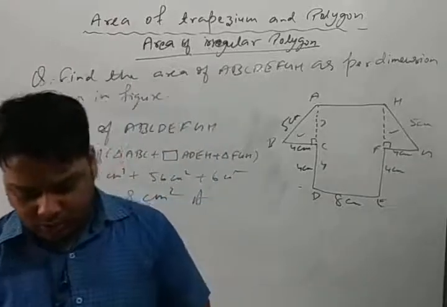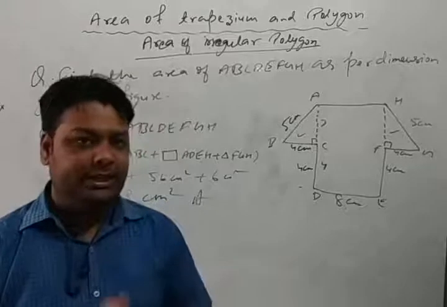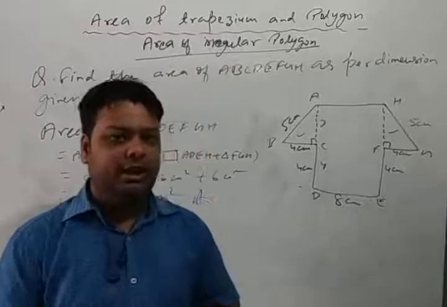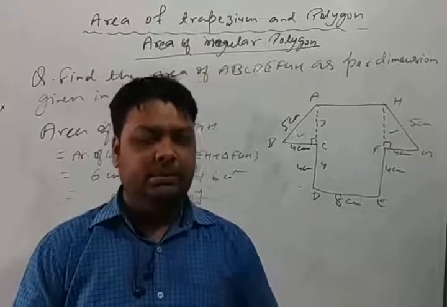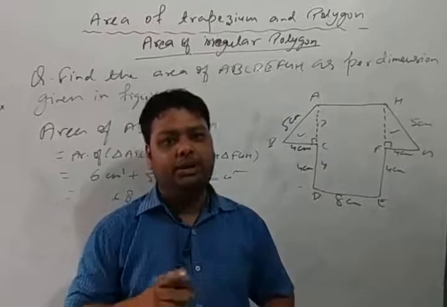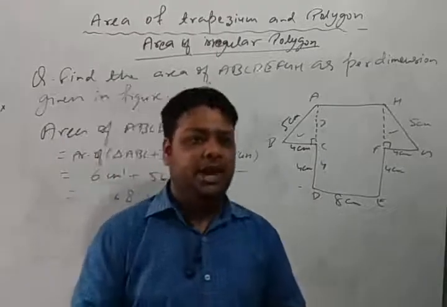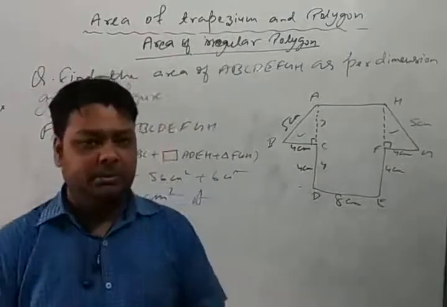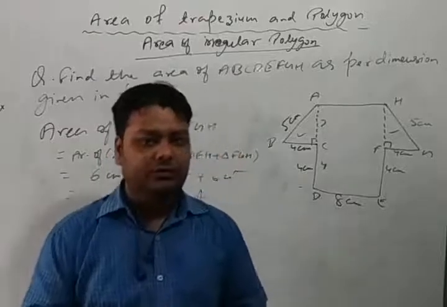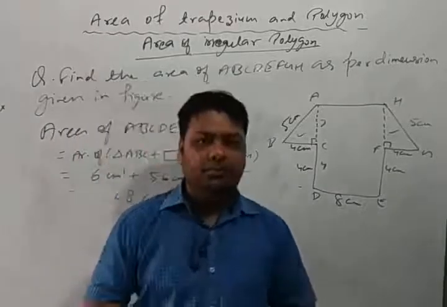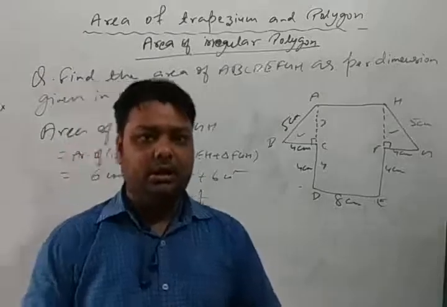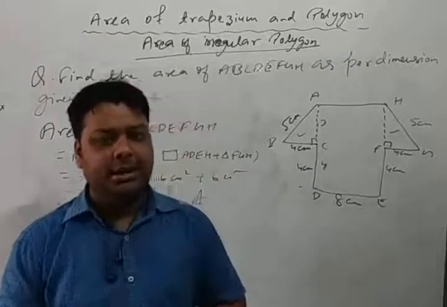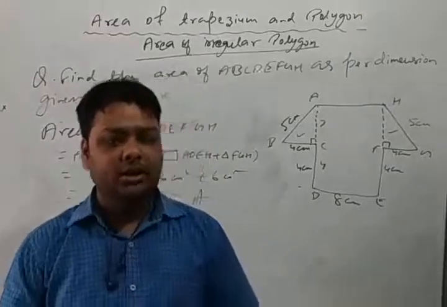Okay. So in Heron's formula, at first we have to find the semi-perimeter of the triangle. Semi-perimeter is half of the perimeter. It means we can write S is equal to A plus B plus C by 2, where S is the semi-perimeter and A, B and C are the 3 sides of the triangle. Okay. Then after finding the semi-perimeter, we will apply the area of triangle by using Heron's formula. It will be under root S into bracket S minus A into bracket S minus B into bracket S minus C. This is the area of triangle formula.